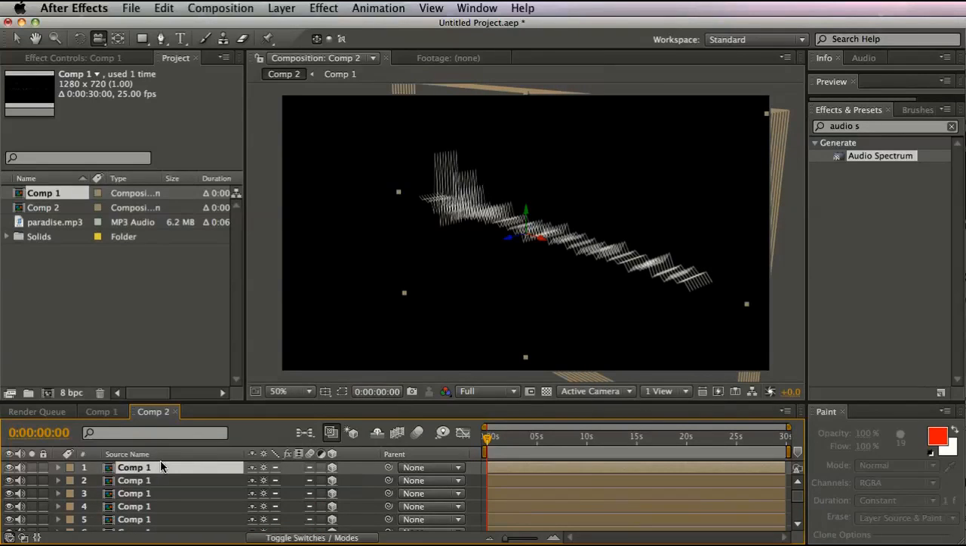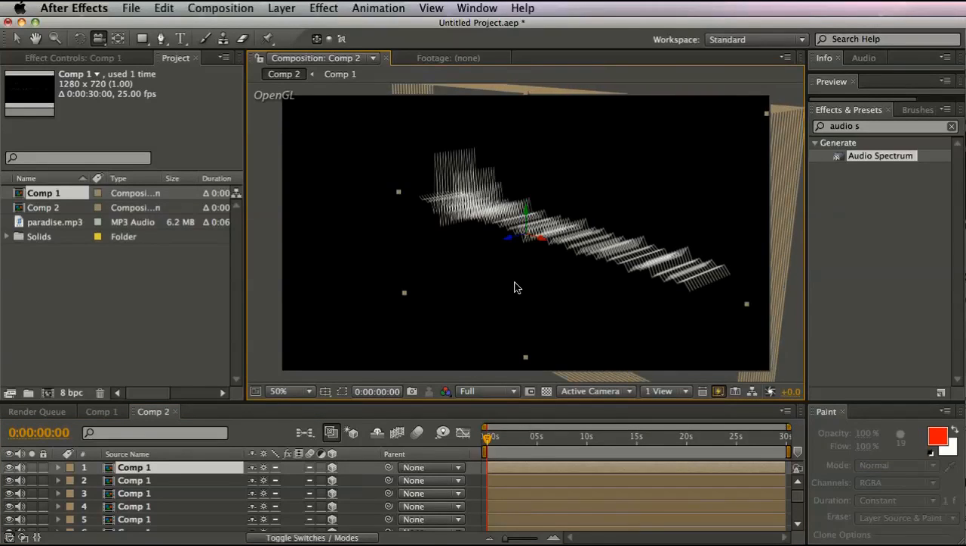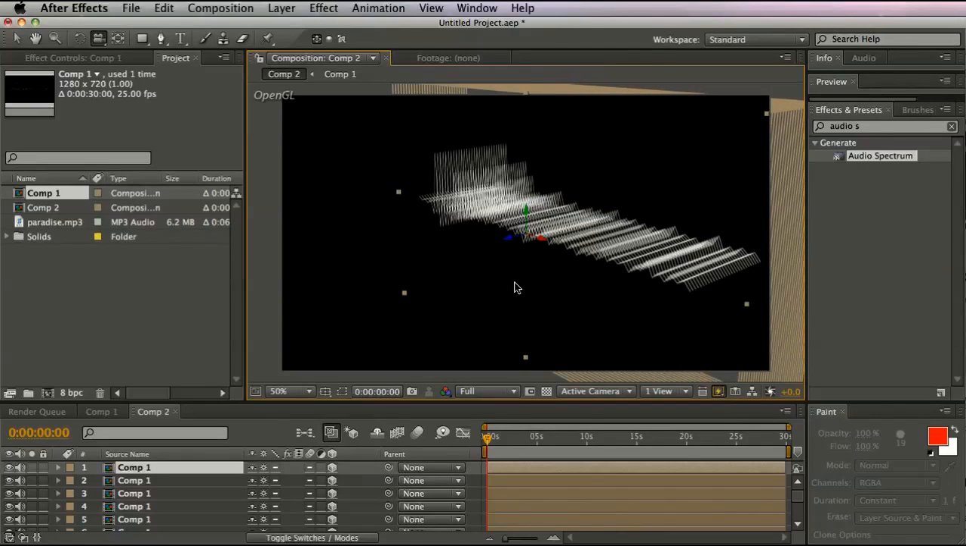you see a really nice spectrum going on. Let me just actually switch to OpenGL so that it's kind of a little bit spontaneous. Now this is really beautiful right now, but